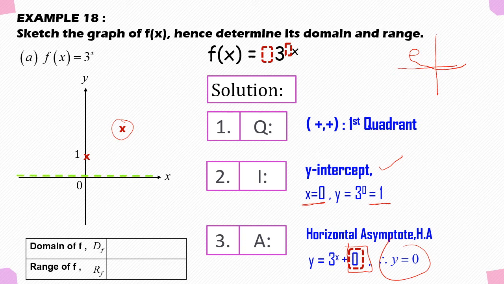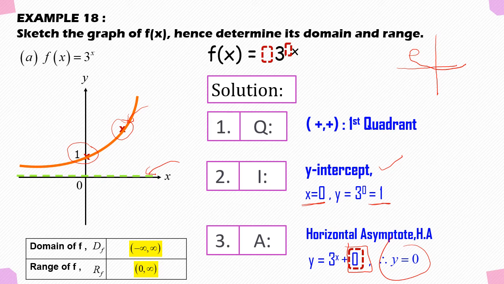So by looking at this graph, this is our horizontal asymptote. This is the starting point of the first quadrant. This is the y-intercept. So the graph for this exponential function can be drawn like this. From this, we can read the domain of f(x) is always negative infinity to infinity, and the range of f must be read from the horizontal asymptote y equal to 0 up to